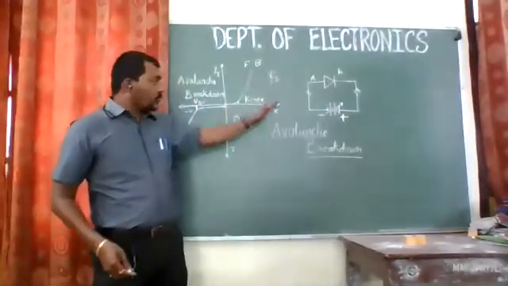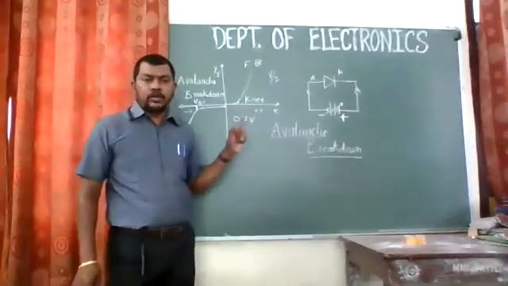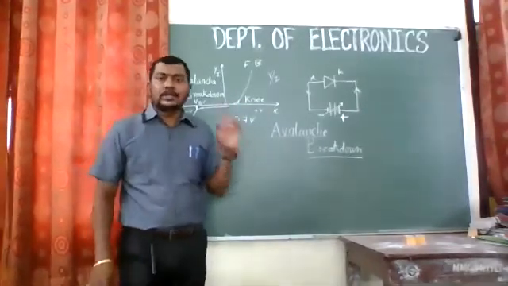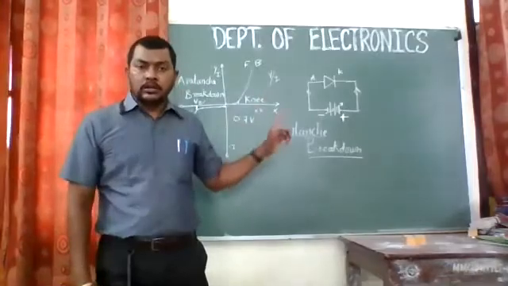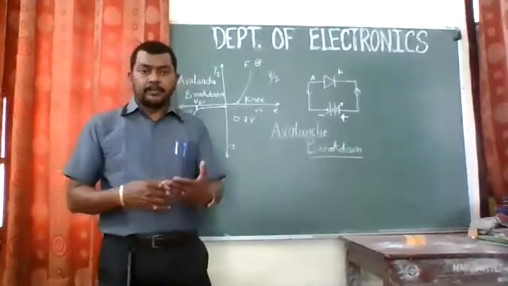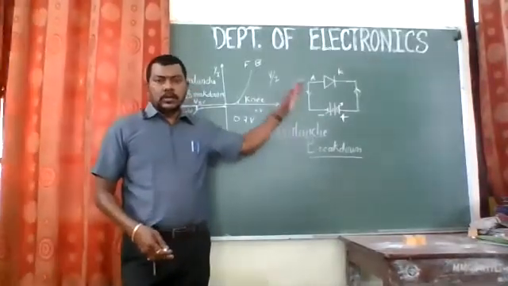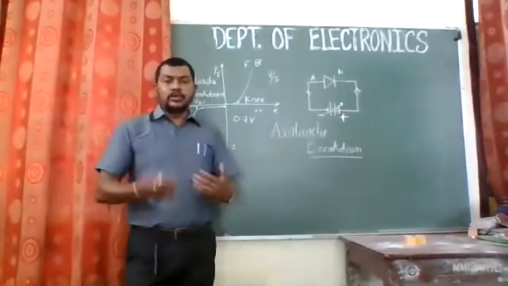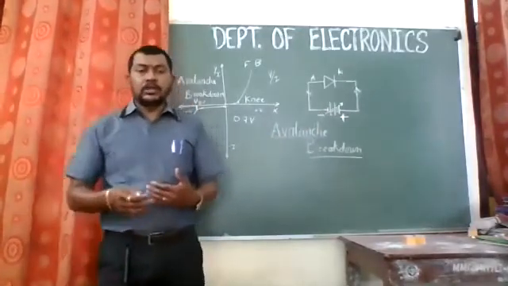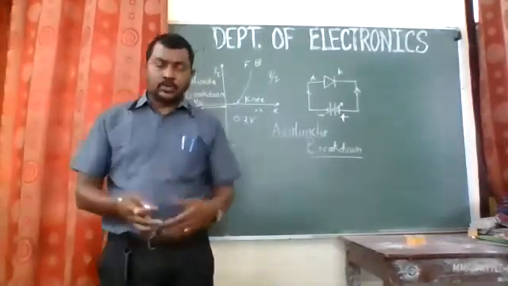Okay. So this was about the avalanche breakdown and the effect of temperature on avalanche breakdown. As you go on increasing the temperature of a diode, the avalanche breakdown will also increase. It means the avalanche breakdown will happen early, as compared to the simple environmental conditions, right? It will happen early because the electrons will be gaining energy from the temperature also.